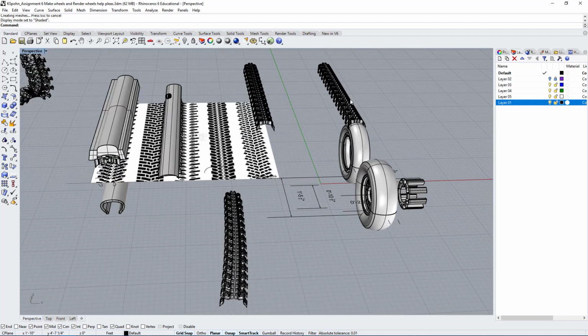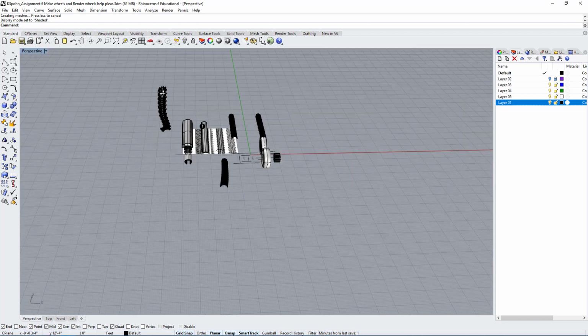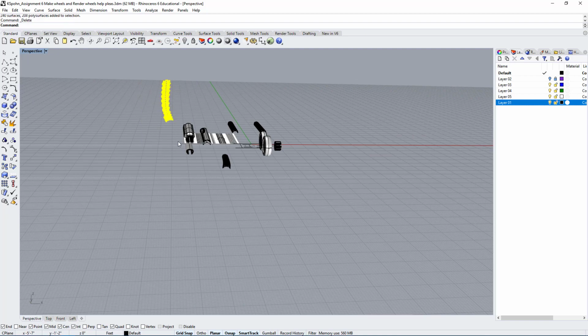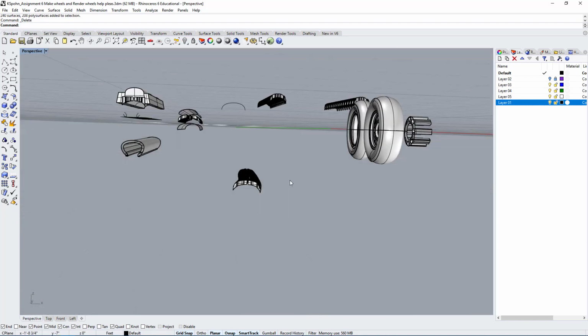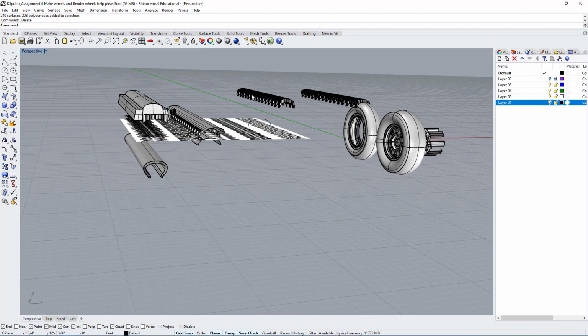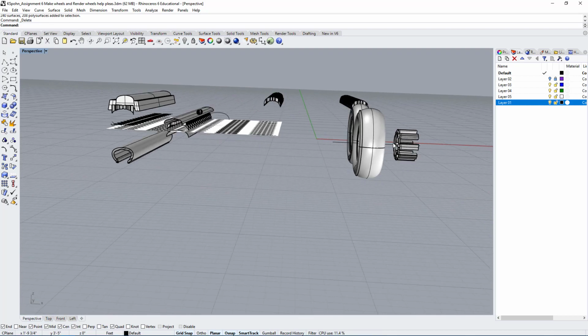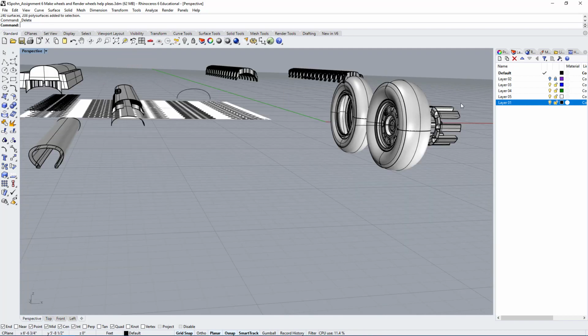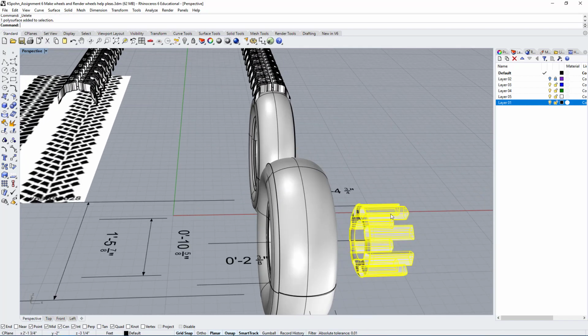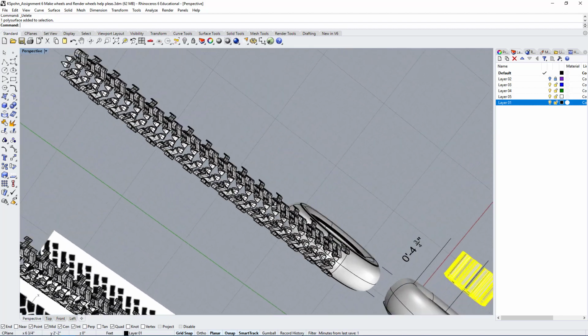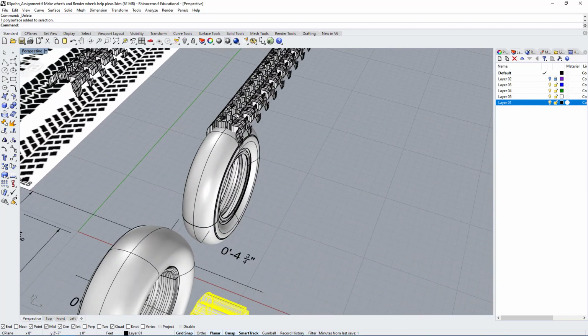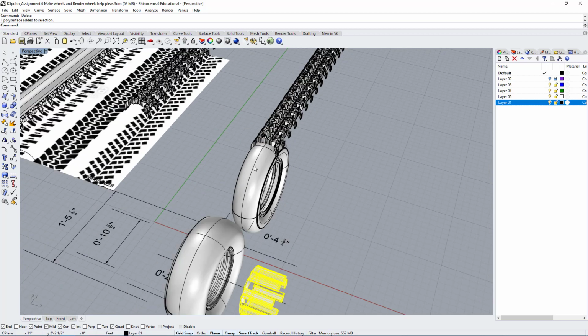Now there's a lot going on here, so I'm going to clean up the file really quickly because this file is a little heavy and it's going to get heavier too. So I'm thinking ahead, this is going to be a problem because it's a very heavy file, and as we keep on working on this file, it's going to get heavier and become more of an issue. So there's already a lot built here.